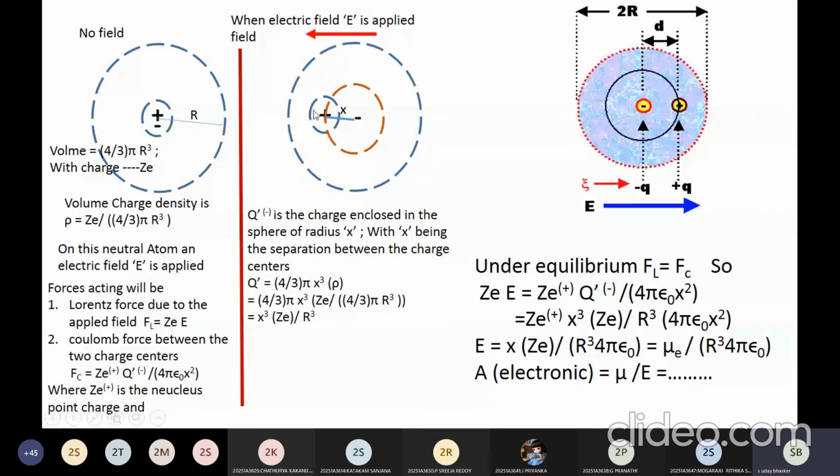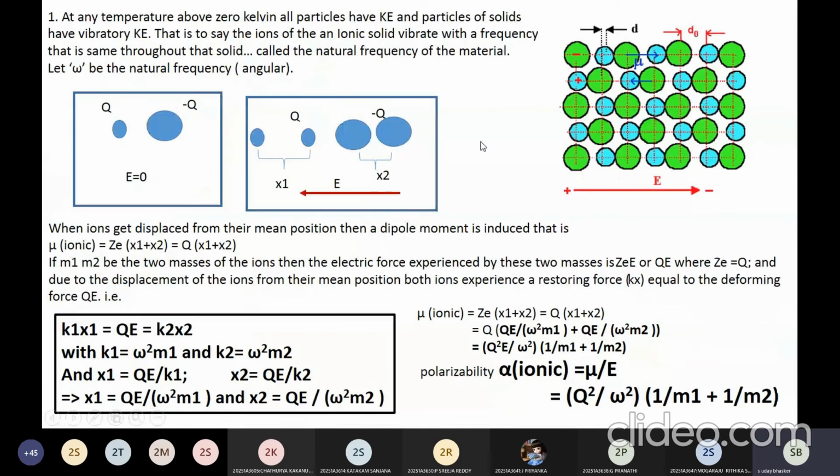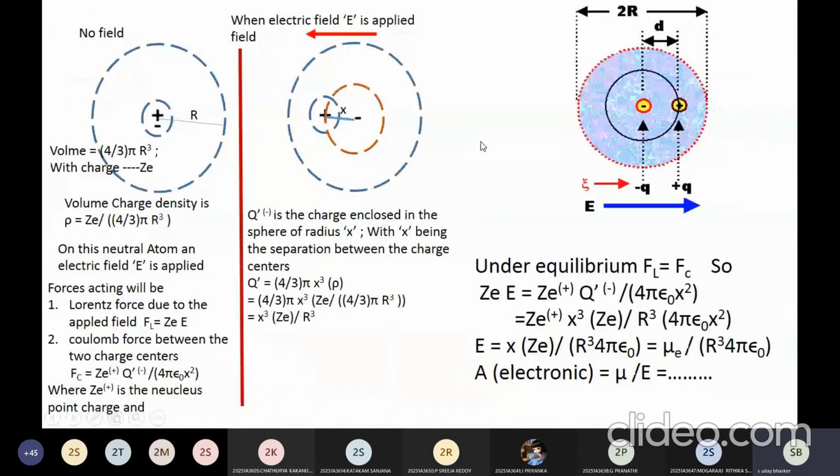Now, will the separation go on? No, no. They stop. When do they stop? When they reach equilibrium. So when they reach equilibrium, the Lorentz force is equal to the Coulomb force. That implies